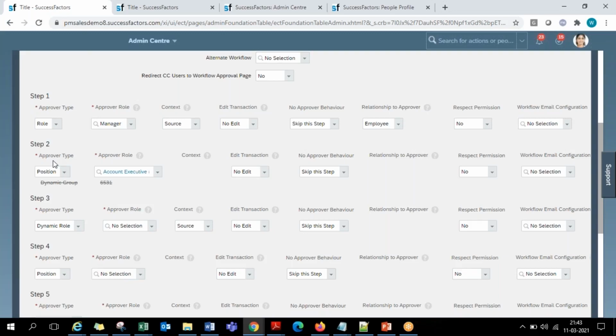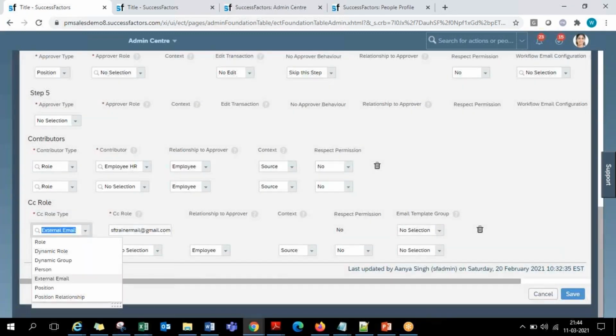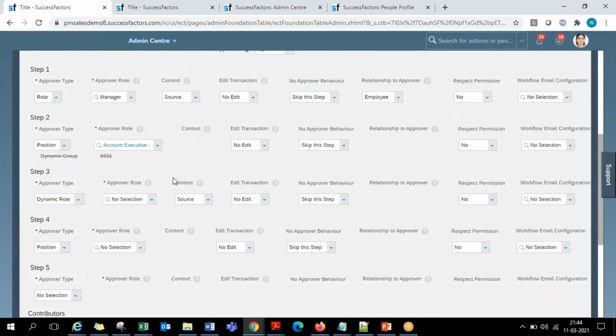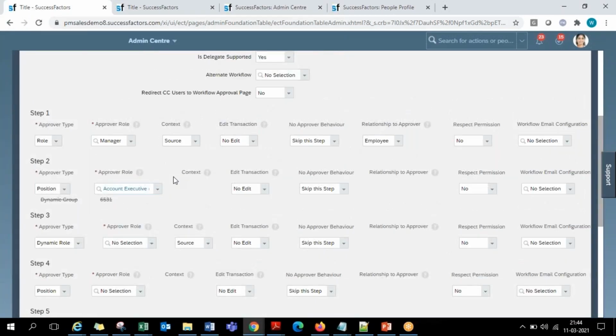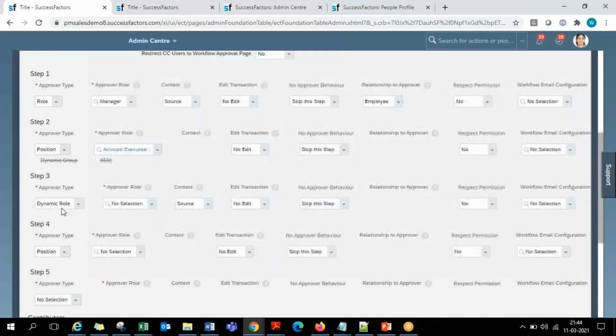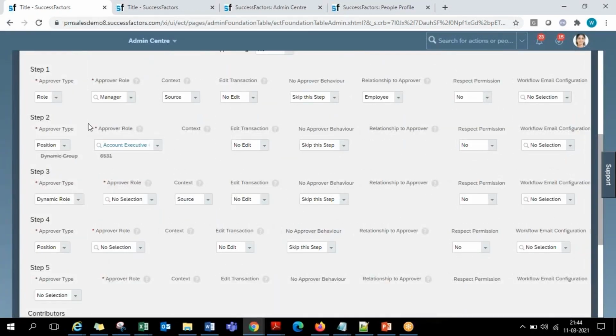Okay. And can the approver role and CC role be the same? Let's say the lead. Definitely, no problem. It can be. Here also you have role manager and all this. In the CC role also you'll have role manager and all that. You can definitely have it. But it's unnecessary, it's not required, because whenever the workflow has been approved finally,